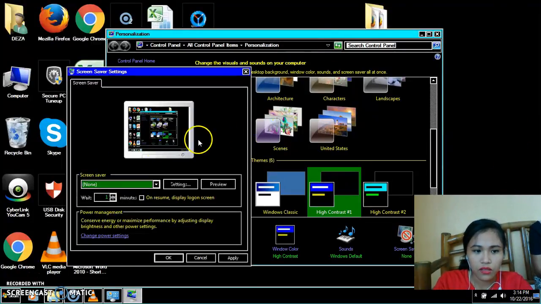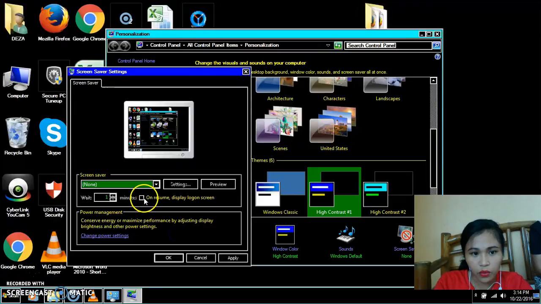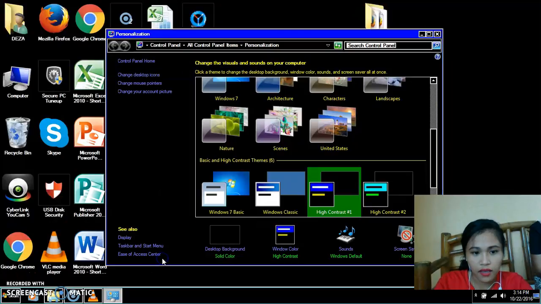So you must select the required screensaver, whether it is 3D text, blank, bubbles, or Mystify, photos, or ribbons. Then after you click the one that you want, select the required time here. Then click apply, then OK.